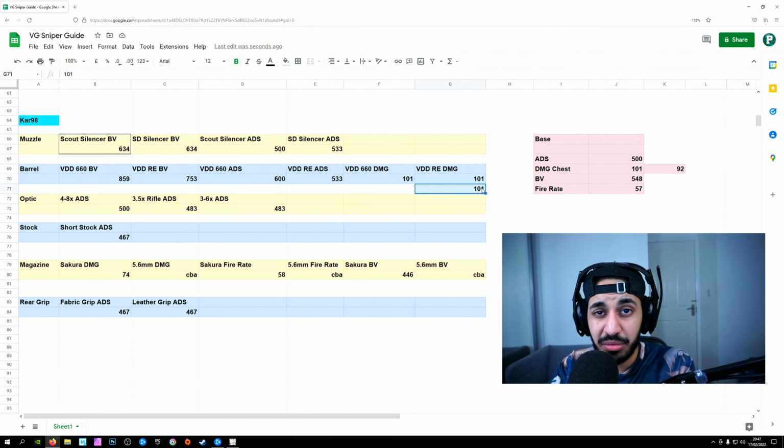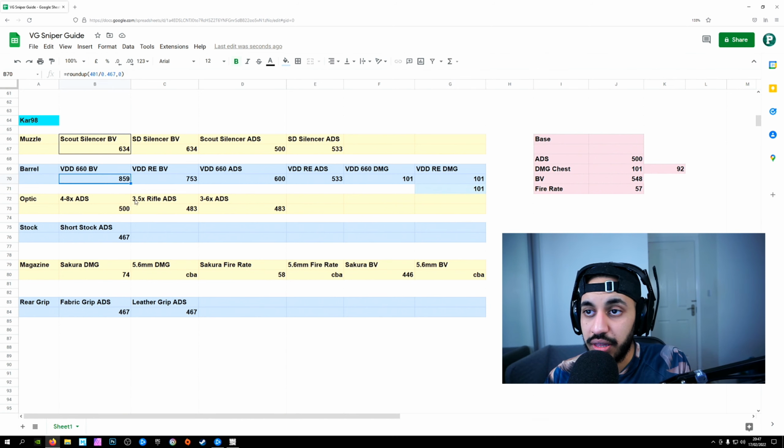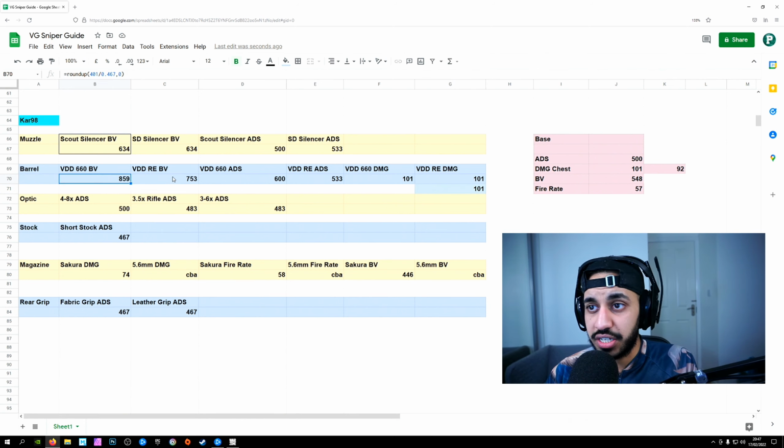So you do get a little bit extra damage on the upper extremities. But again, it's not a huge difference maker. In my opinion, the one that gives you the better bullet velocity is the one that you probably should go for, which is the VDD 660mm barrel, which would be the first one. But again, like I said, it might come down to personal preference if you want that little bit extra damage